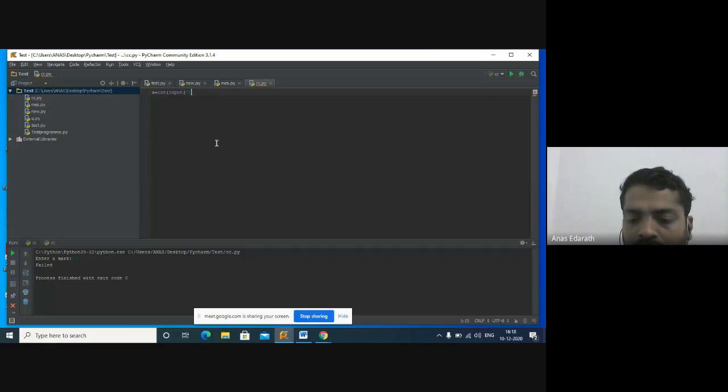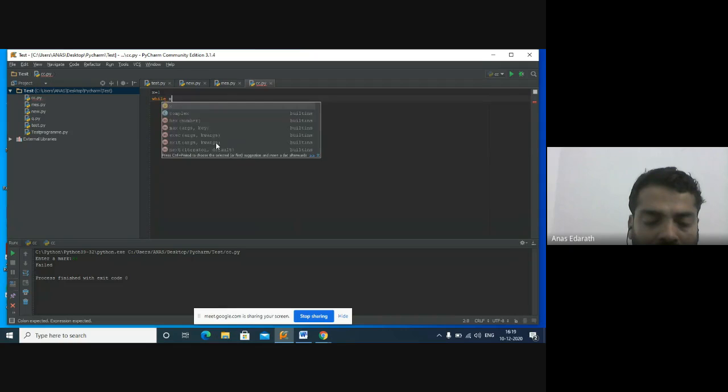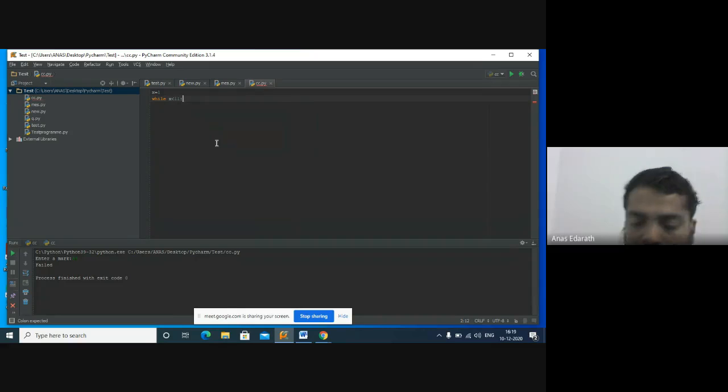Okay, I will show that one. Suppose I'm taking x is equal to 1 as the initial value, and I am writing while x less than 10, or x less than 11, whatever, no problem. Then here I am using